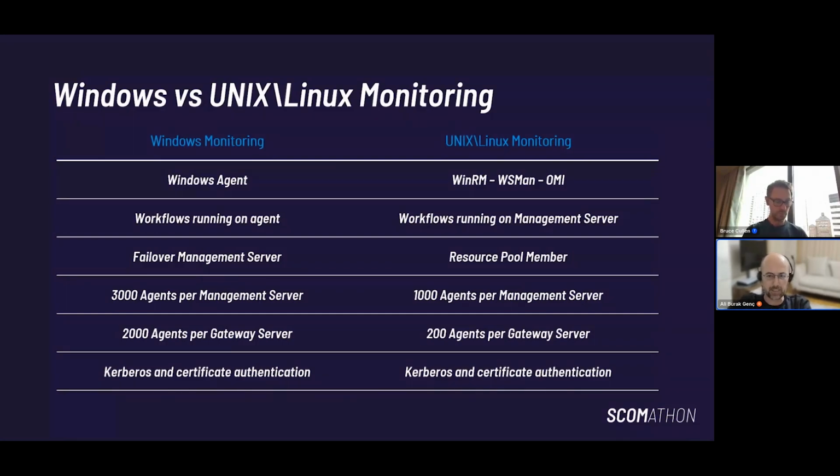The other difference is the management of the agents. Since Windows agents run independently, in case of a failure, they have an option to send it to a failover server if it is set in their configuration. This is important because if no failover configuration is done, it may be hard for the agent to find the corresponding management server. When it comes to Linux, a resource pool is created and used to manage the agents and monitoring.